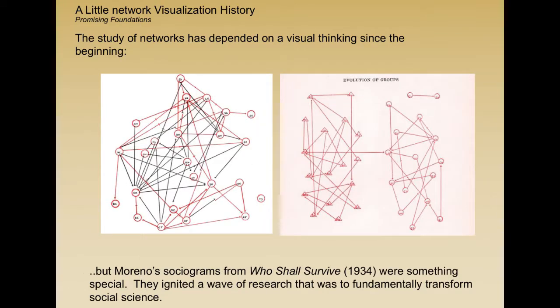But the actual kickoff to social network analysis is Jacob Moreno's work in Who Shall Survive. What he started with was this idea of trying to map the relations amongst kids, with the thinking that it might be possible to reveal something that you wouldn't see otherwise. So, for example, he developed this idea that positive ties were in red and negative ties were in black, and reciprocal ties have this little hash mark on them.